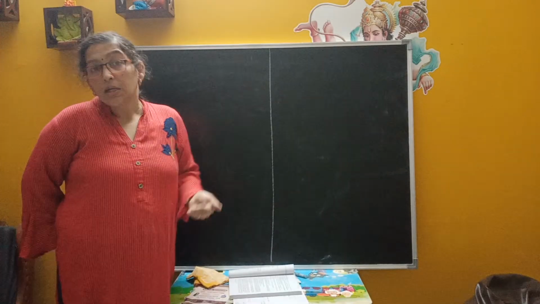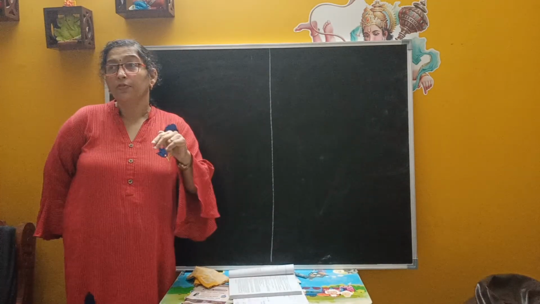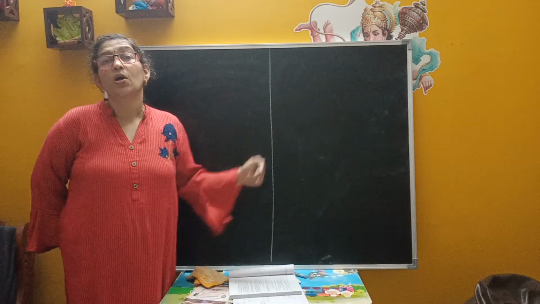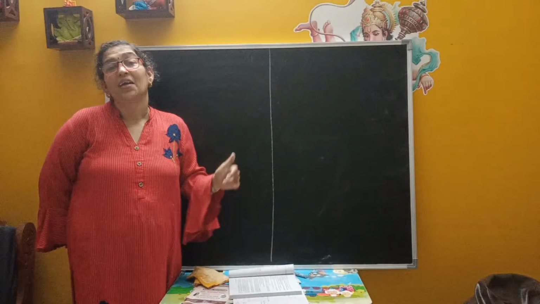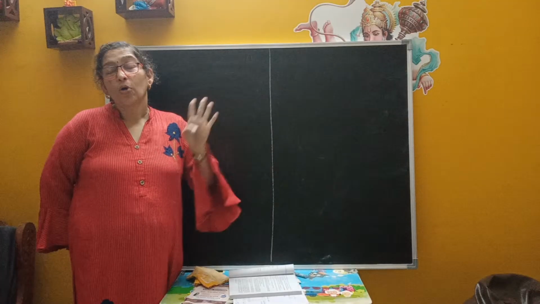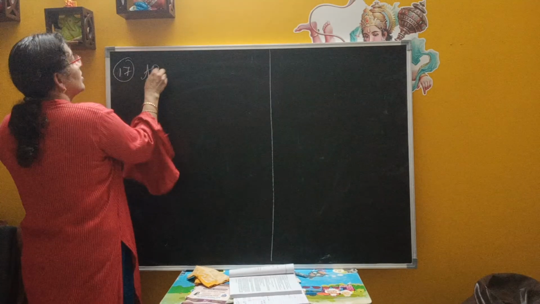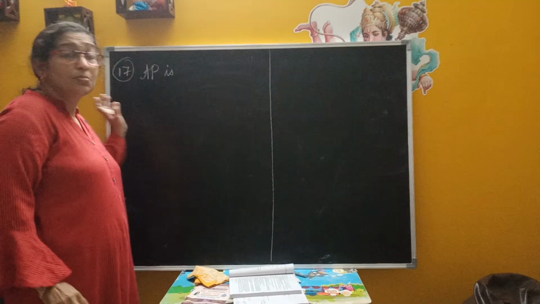Next, third standard. 3 sections, 3 for each section. So 3 threes are how much? 9. Okay. So fourth: 3 sections and 4 plants from each section. 4 threes are how much? 12. So now I think you got an idea. What is that? The AP is nothing but